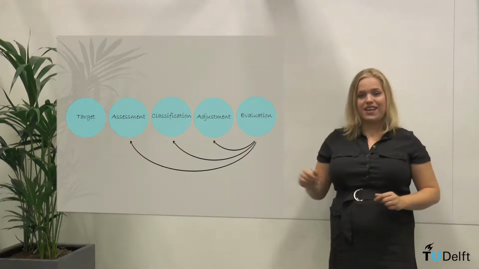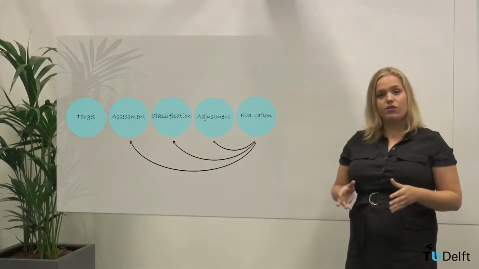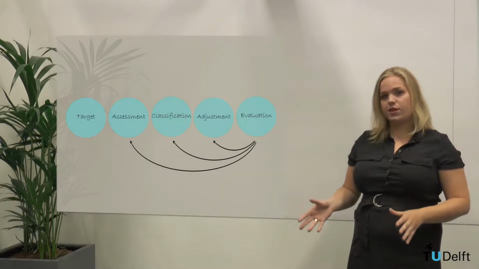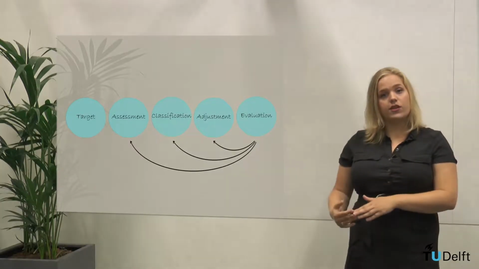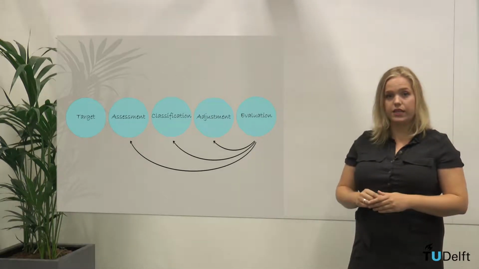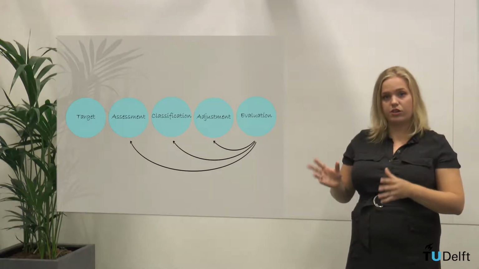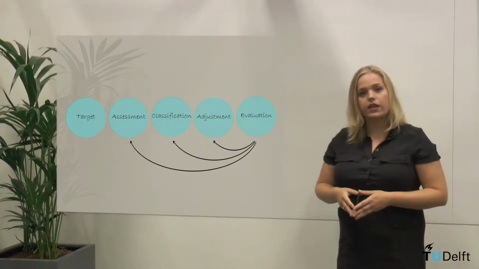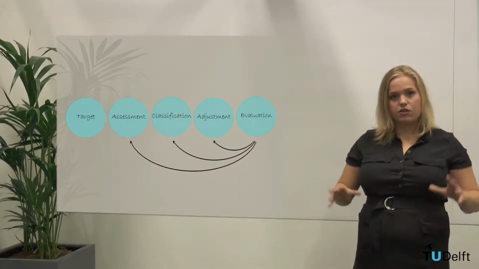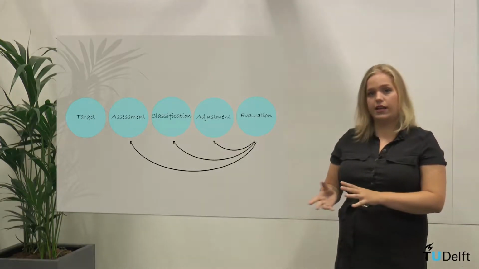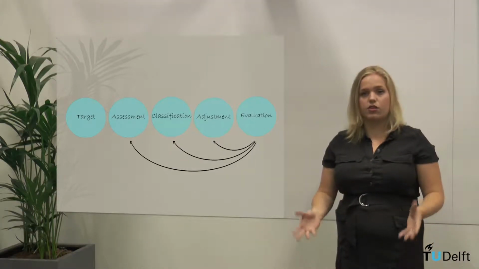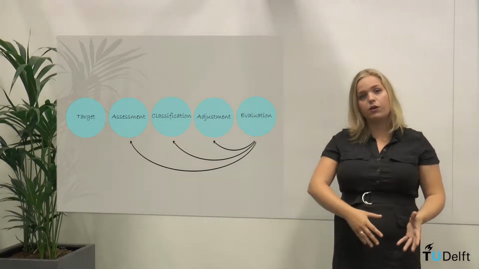The second step is assessment. Based on the first exploration of the target group and its context, relevant patient characteristics are assessed. Characteristics are considered relevant under conditions of 1, high variability and 2, accurate prediction of the target behavior. This means that for a characteristic to be considered relevant, differences should exist between patients on that aspect. You should also be able to provide a reasonable explanation as to why that aspect in particular would be related